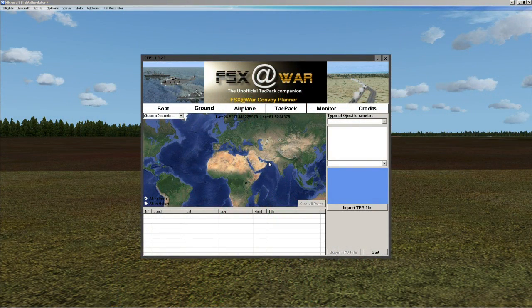We are going to look at the TacPack section of the CCP, and that's very exciting. There's a lot of improvements that have been made in this area, and essentially it became a TPS file editor where it allows you to load, save, and edit TPS files. Now the interface looks very much the same as the airplane interface that we looked at before, where you can choose a destination, for example,